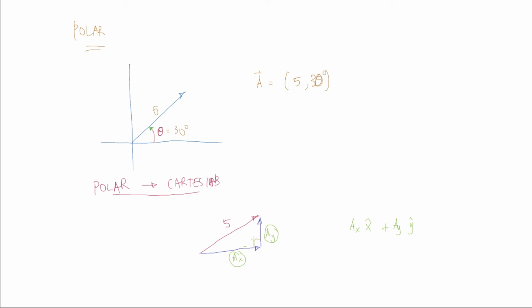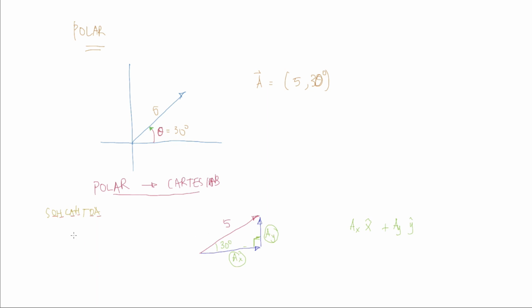Now I hope it's clear that this angle right here is a right angle, and that this angle here is 30 degrees as per this diagram on top. So now I can use my trigonometry to figure out what the x components and the y components are. So if you remember, SOHCAHTOA was the mnemonic to remember trigonometric functions. Sine is opposite over hypotenuse, cosine is adjacent over hypotenuse, and tangent is opposite over